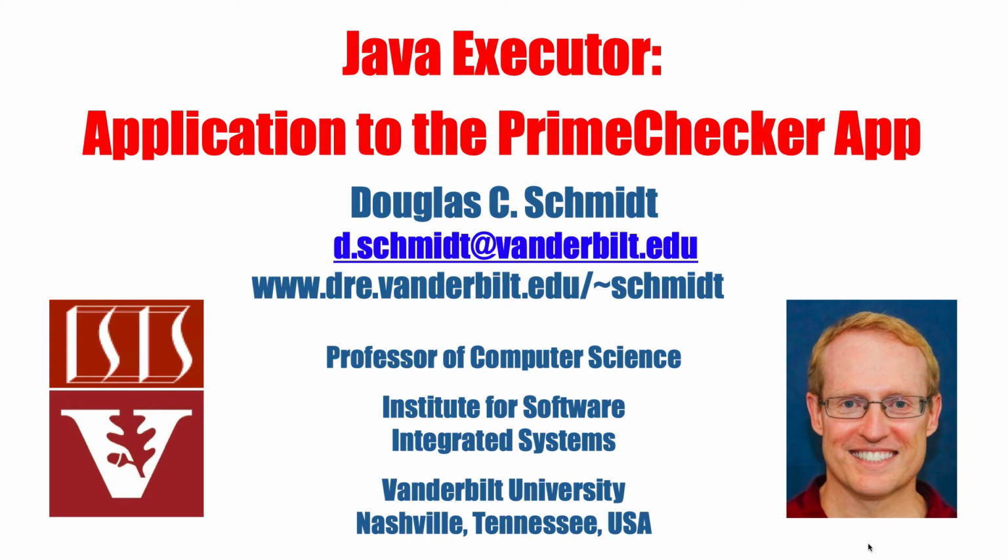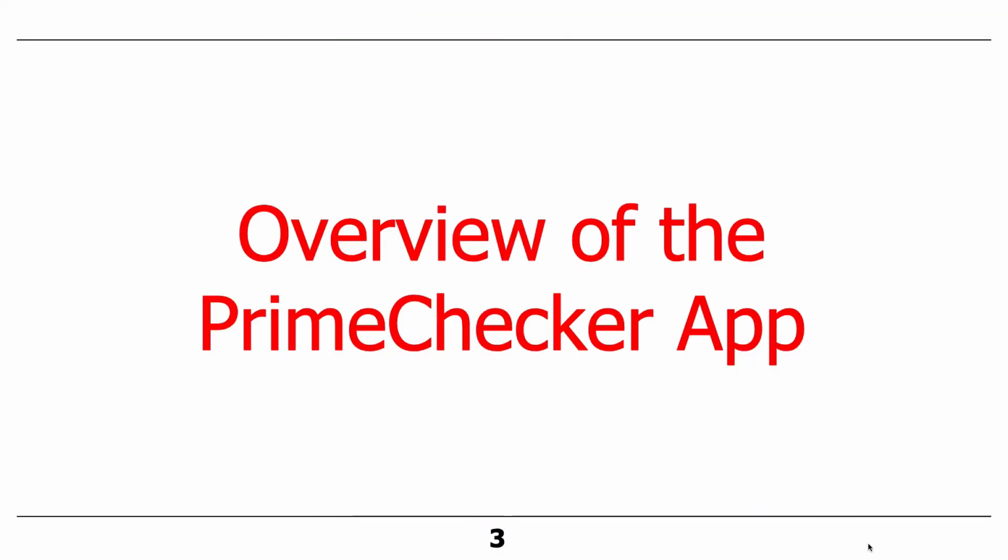So in our remaining time, I'm going to show you how to apply the Java Executor interface, that simple API, to a fun application called the PrimeChecker app. You will see this over and over again because we use it as a running example. And I'll explain first what the app does, and then I'll show you how you can use the Executor interface